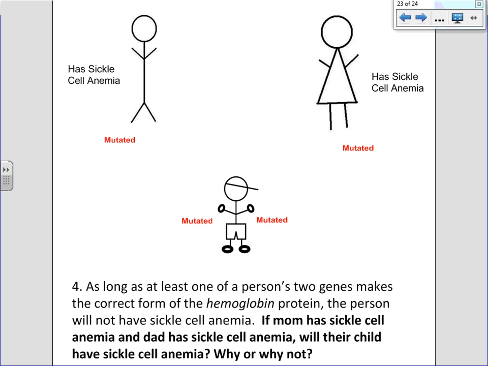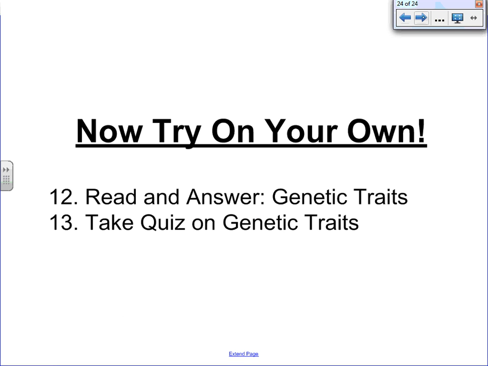Which means that poor Marco here, will he have sickle cell anemia? Yes. He will have sickle cell anemia because both parents can only give a mutated copy of the hemoglobin gene. Poor Marco. Okay, now if you got all of those right, you should feel free to move on